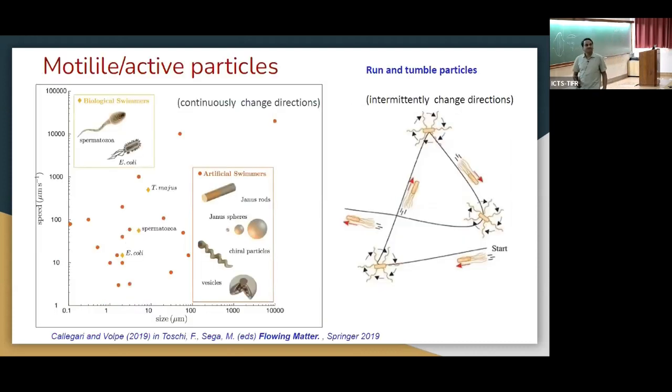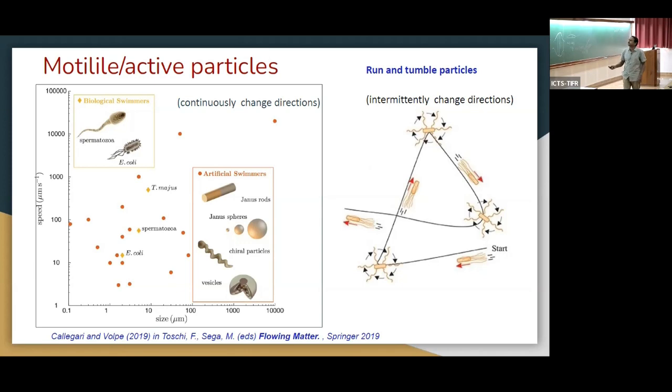Now we'll go to motility, just to define the problem. What is motility? These are called motile particles, or active particles. If you look at biological systems like sperms or E. coli, they have flagella, and through the movement of the flagella, they push off. So basically, these are systems which are out of equilibrium. They consume energy to push through. There are many biological examples here, and also artificial swimmers which you can produce, like Janus rods or Janus particles, which are half carbon coated, and act to laser differently. Or you have chiral particles like this, or you have vesicles.